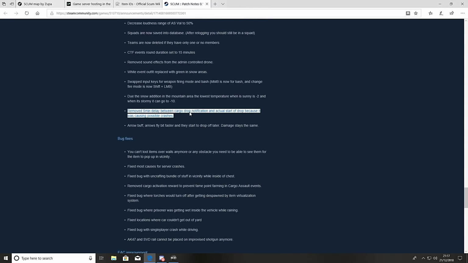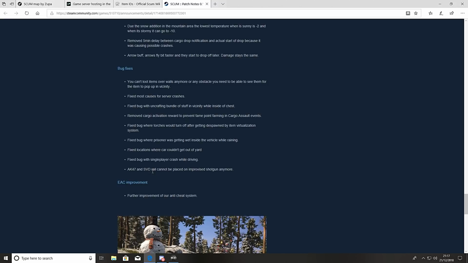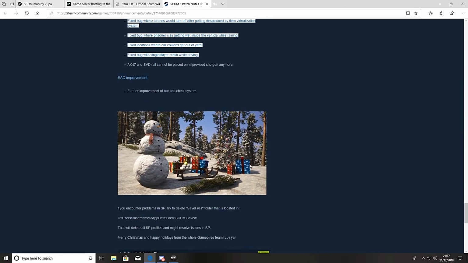So the cargo drops looked like it might have been causing a bit of an issue with the server crashing, etc. And they did take a hell of a long time to drop onto the map, so I'm pretty happy that they've actually fixed that. AK-47 and SV derail cannot be placed on the improvised shotgun anymore, and fixed locations where a car couldn't get out of yard. So that's just a quick summary there of everything that we've got,